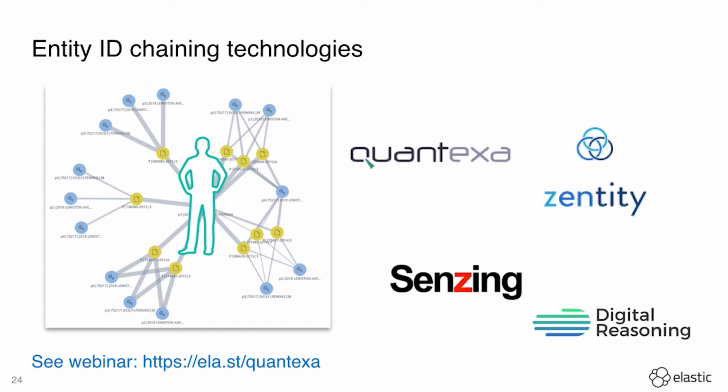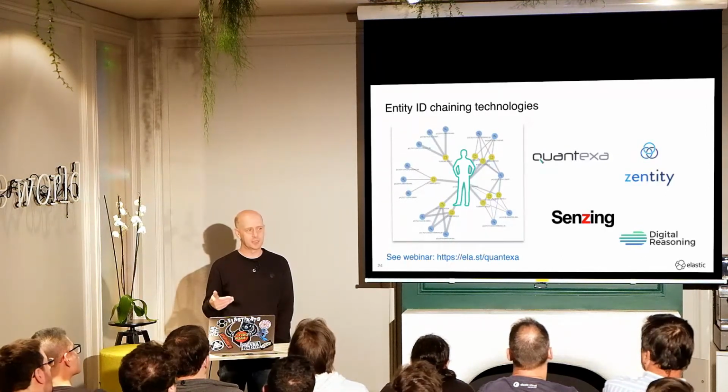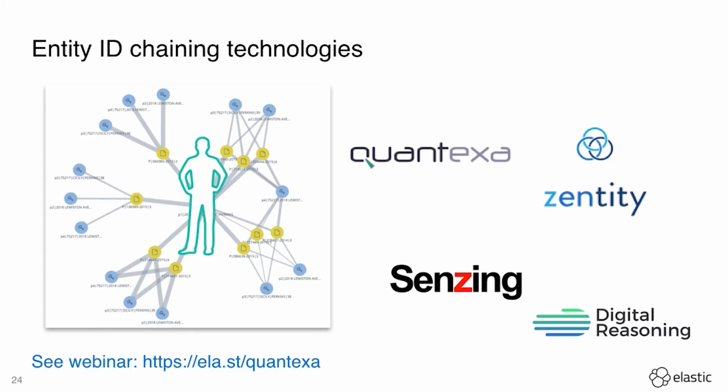This diagram on the left is the full extent of all of Cicely Perkins' alter egos, all the different IDs and synonyms associated with that one person. If you look closely at the data, you can see examples of Cicely spelt with an S and Cicely spelt with a C and various other misspellings of the names. In each case, we were able to overcome the problems with misspellings because we were using multiple keys in this ID chaining. So there are a number of systems out there that do this kind of thing.